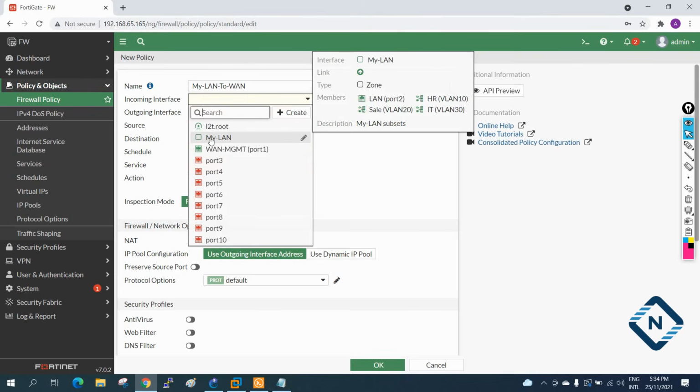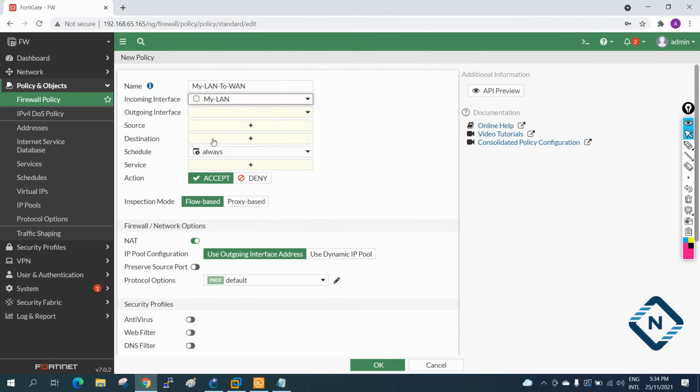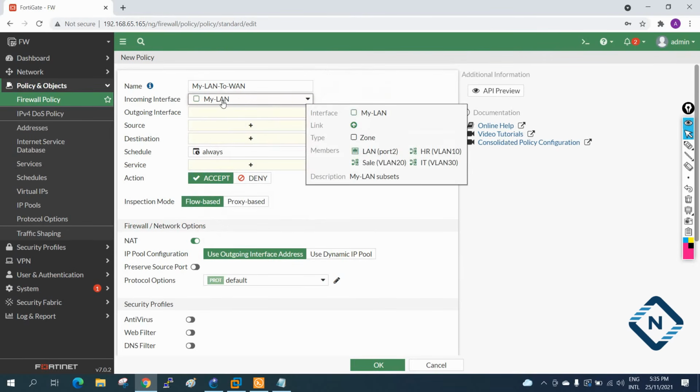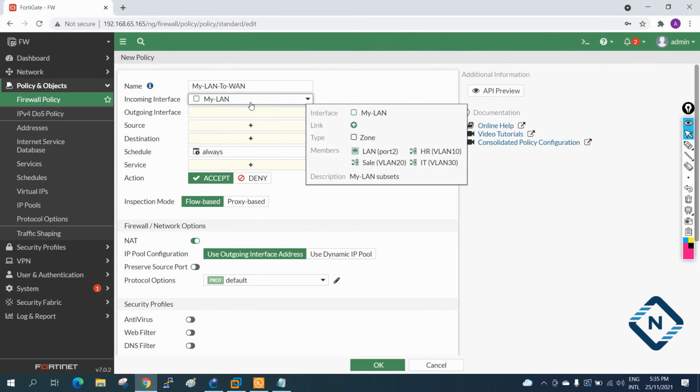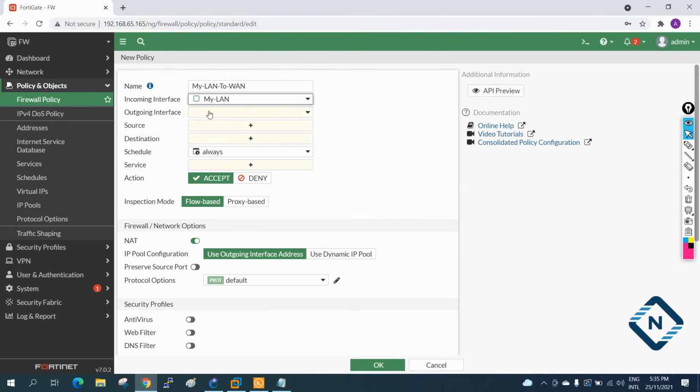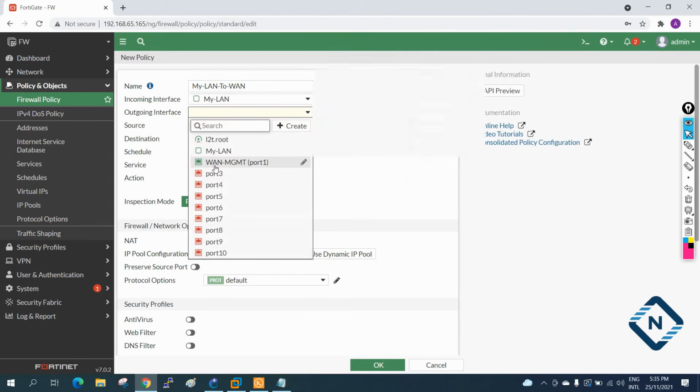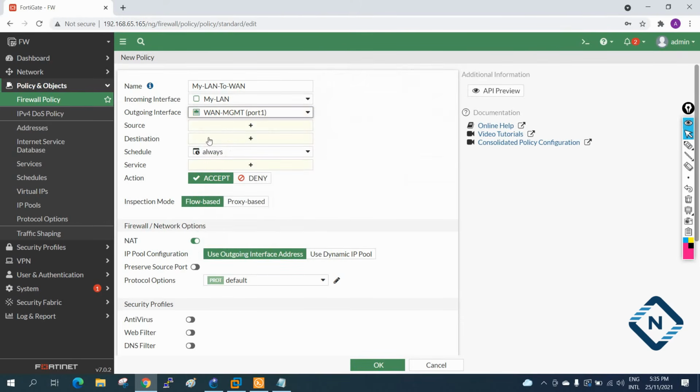I will put my zone. If we select our zone, then there is no need to apply individually. If you want to apply individually, you can, but you need to create it 3 times. If I do it 1 time, it will apply to all of these. And then the outgoing interface will be our WAN, port 1.